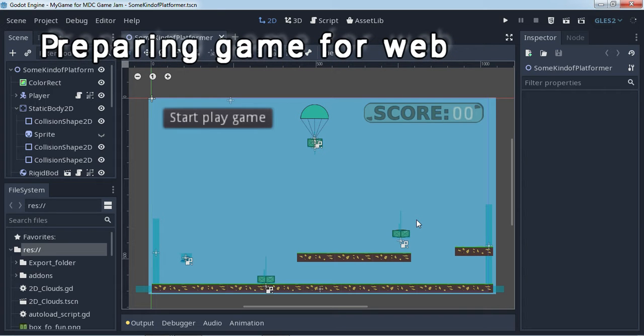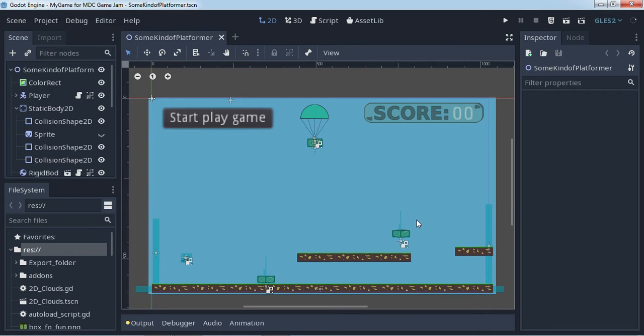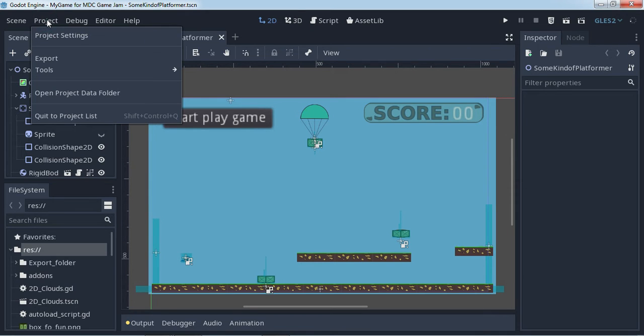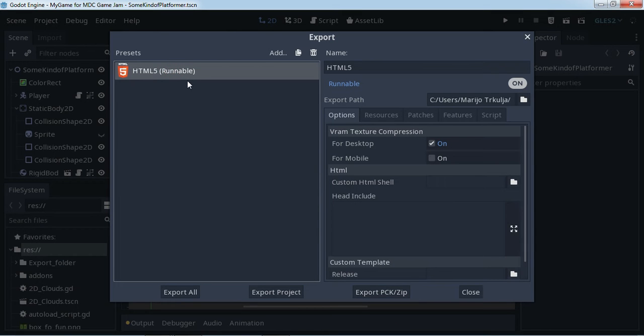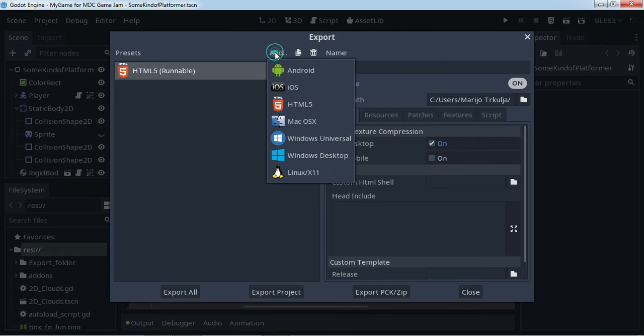And when you want to export your game for the web, the game needs to be converted with the HTML5 converter. For this you need to have something in your project menu export. So you need to have this HTML5 runnable. You can add it here with HTML5, and if you haven't downloaded this, you will need to download it